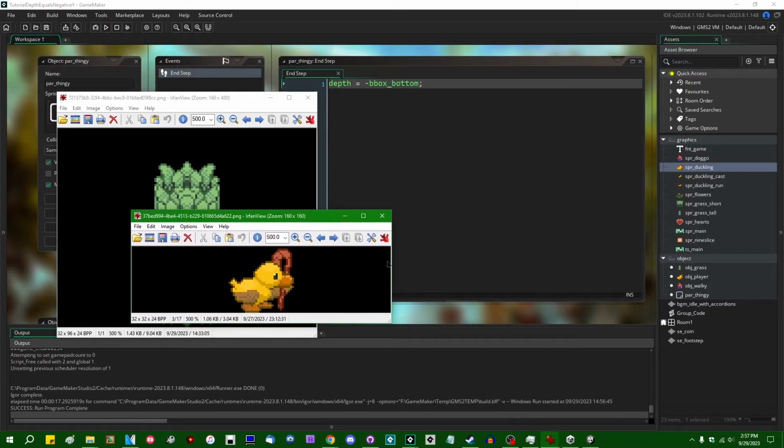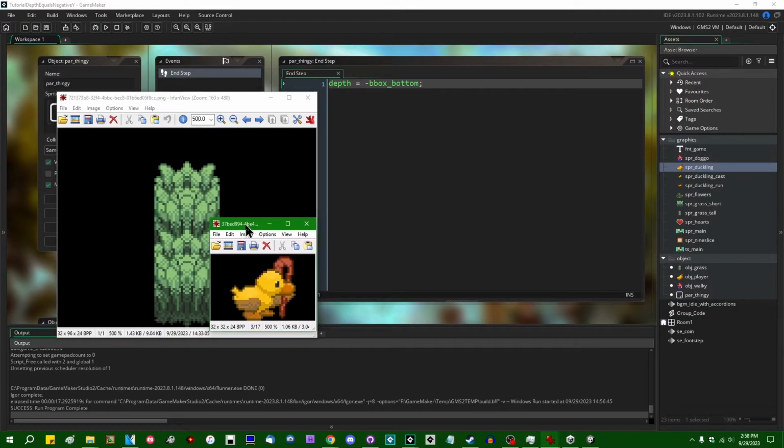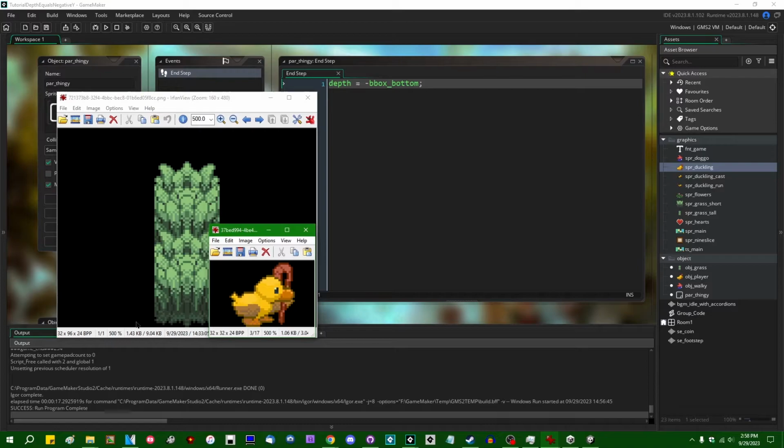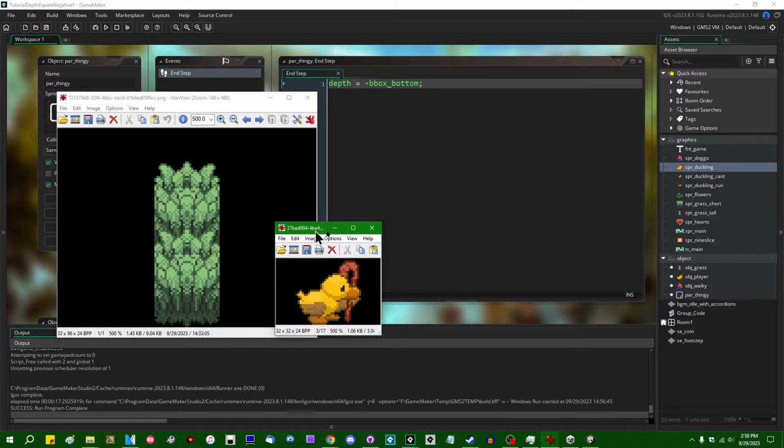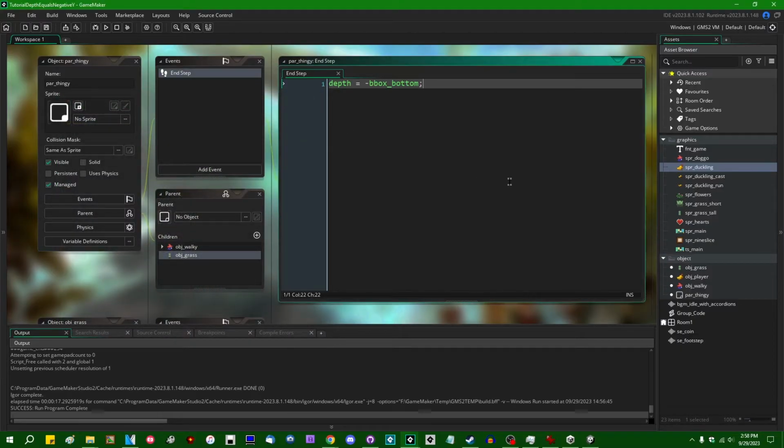And now, the two points that are going to be compared for depth sorting are going to be on the bottom of each of the objects rather than the middle, and that will be much more accurate when it comes to figuring out if an object should be behind another. And it's worth pointing out that bbox_bottom is specifically going to look at the collision mask of a sprite, so if your sprite has some funny shaped collision mask, then this might not necessarily work as well,